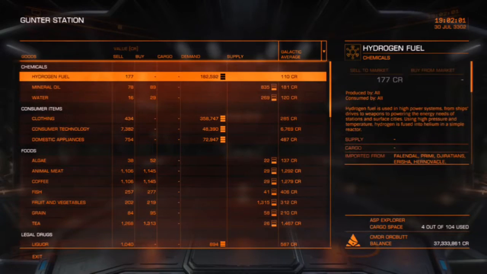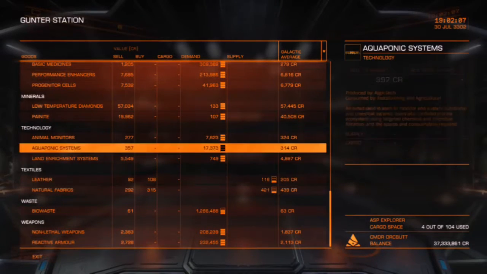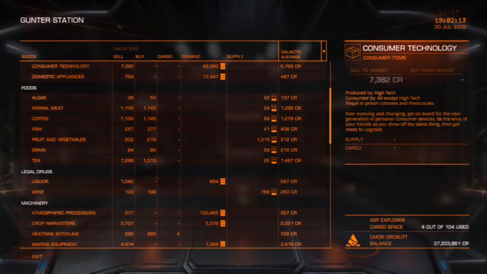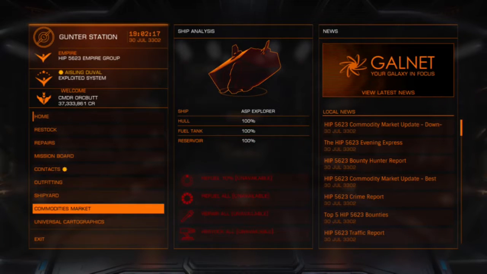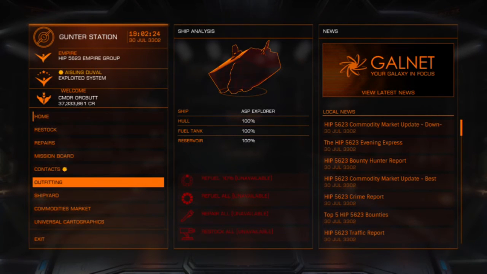So let's have a look at the commodities, just to give you a bit of a feel of the big menu of different items that you can trade and buy and sell at various stations and make a certain amount of money. This is where your cargo comes in. And it'll make you some basic money. Missions are really where it's at. But missions also, if you do lose your ship, it's going to cost you. The bigger the ship, the more it's